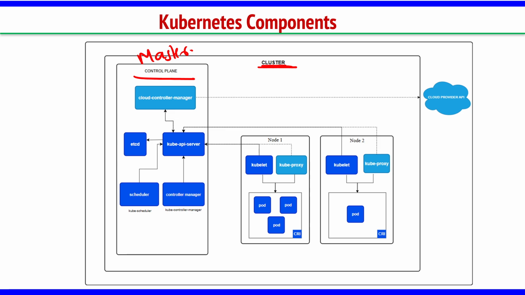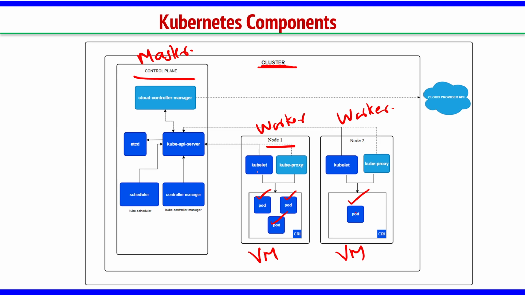Okay, then I have the nodes, right? Nodes means worker nodes. This is one worker, this is another worker. So nodes are like virtual machines. This is another virtual machine. In virtual machines, you see, I have multiple pods. Sometimes I may have multiple pods, sometimes a single pod. Inside each pod I may have multiple containers or a single container, and the management of those pods is taken care of by the kubelet,